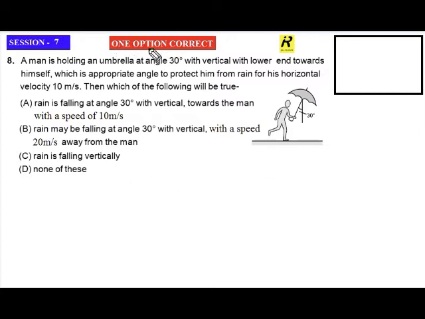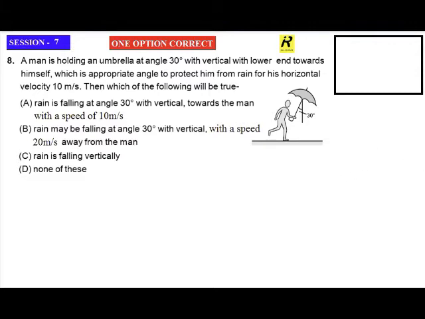So option C, let us check what happens with this option C. Since this question is of one option correct, we already got the answer, but still we just verify what happens with these two. So option C, rain is falling vertically. So if rain is falling like this, then the speed of the rain we already know. Is anything said here? Nothing is said. Okay, so leave it. So the man is moving in a forward direction. Man is moving like this.